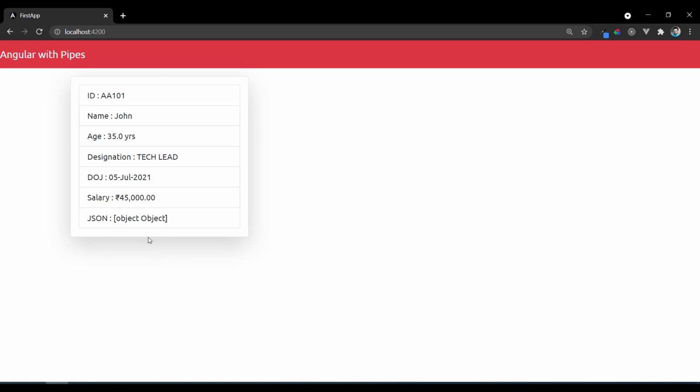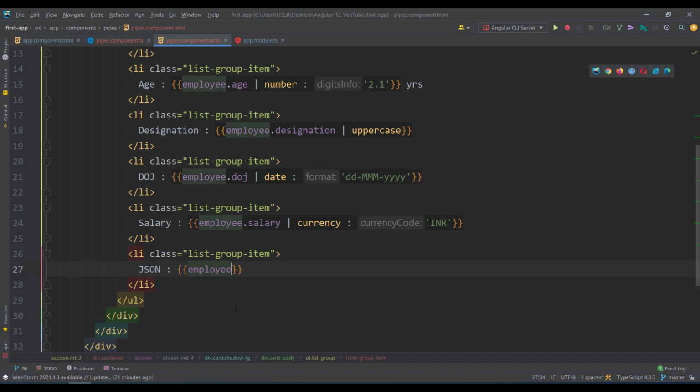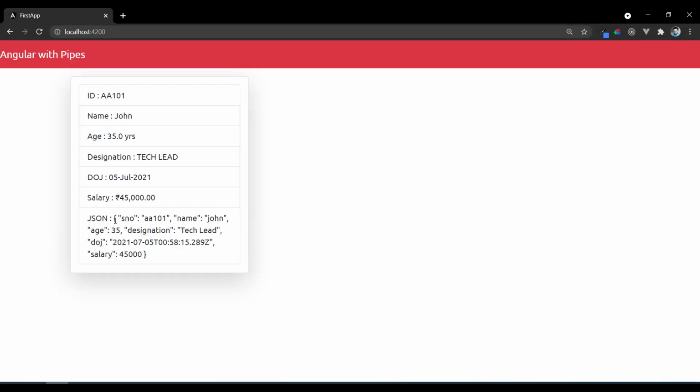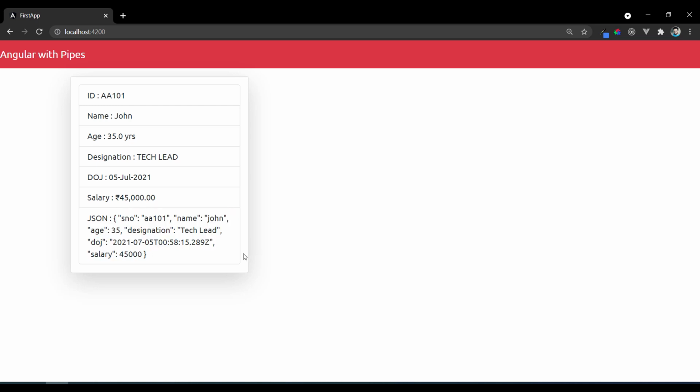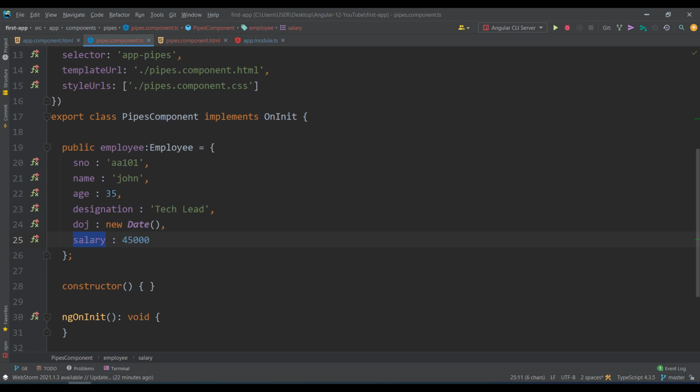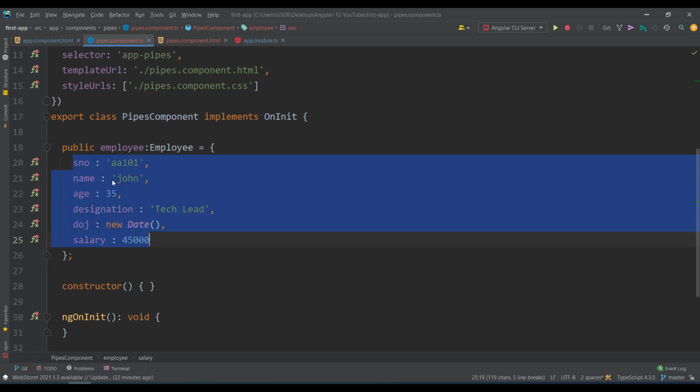I want to see all the properties of it. So how you see the properties is, you have another filter called JSON. This is a very useful filter, especially for objects. So you say filter JSON, and you get the complete object in a proper format. But this is not properly readable because everything is inline, and I need to print it line by line.